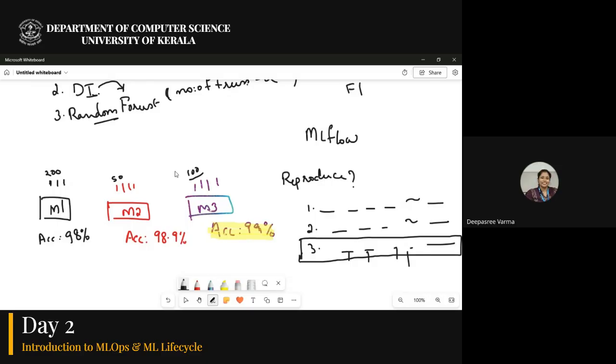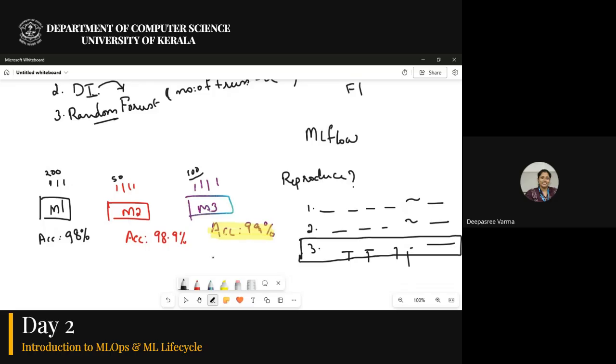No, actually, this model tracking is done during the time of experiment. Usually what happens, we do an experiment, we give the data, we experiment with different models with various parameters, and then before deploying, we fix on a model. Before going into production, I will fix a model. I don't know if I'm sharing the screen.